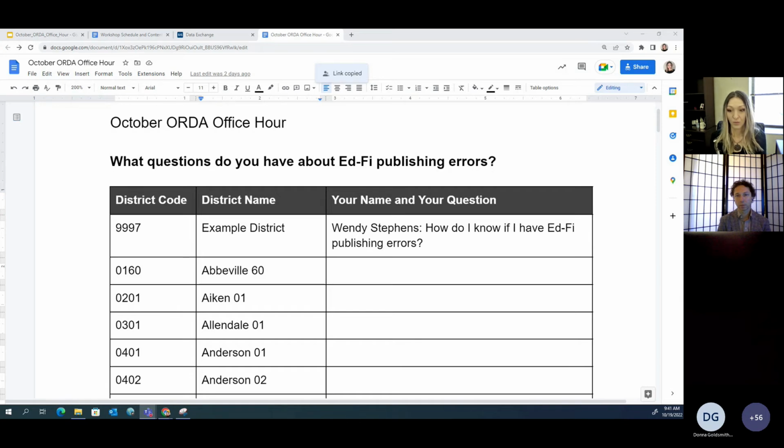Questions. We always like to have a record of your questions too sometimes, because it helps us do things like build out Q&As and makes them a little bit more in your face at times, like something we can hold on to and come back to. Sometimes we chew on it and come up with a better way to explain the answer, but we're happy to try on the fly as well right now. So anyway, feel free to hop in there. I have an example there. How do I know if I have Ed5 publishing errors? It's a kind of easy one, like you have a red button, but we'll talk more about it in the workshop. So I will stop sharing this, and as those pop up, I might just pull some.